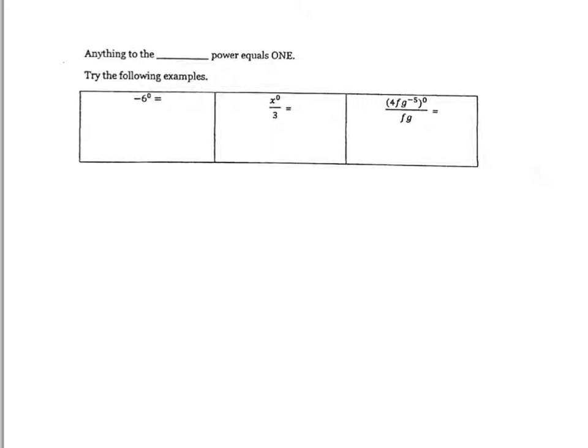Our next rule deals with anything to the blank power equals 1. This is a rule that you're going to simply have to memorize. There is a reason behind this, but it's about an entire page long proof of the reason behind this. You can Google it if you're very interested. So this is something you just need to memorize. Anything to the 0 power